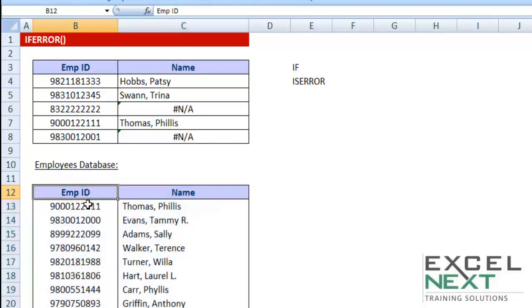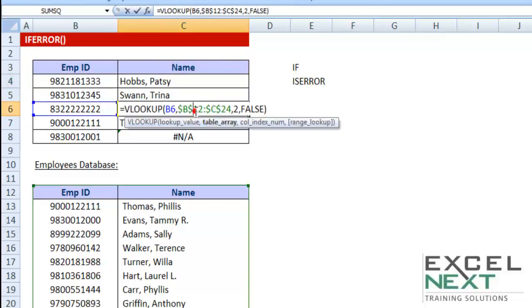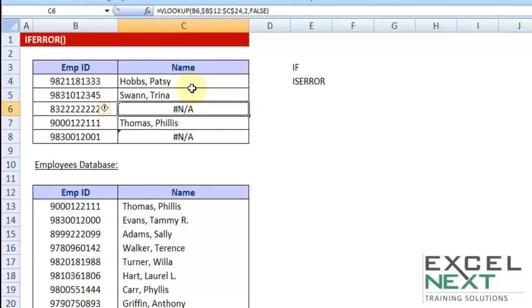I have a list of employee IDs against which the name has been provided. Out of this database, I have taken five sample IDs, and based on that I have used a basic VLOOKUP to get the corresponding name based on the ID codes. Now I would want that in future, whenever the VLOOKUP answer throws an NA, I should get a message saying "check again". Now how do I do that? The logic to be put in is that if the answer that is currently coming out is an error, in place of that error, please give me the words "check again".